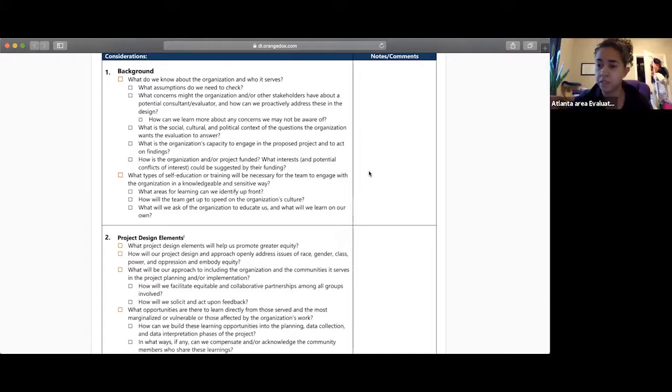Oh, that sounds really neat. Yeah, I think one of the highlights in these checklists is around engaging both communities that are being served and those that we're working with through this process. So that sounds like a really cool example of that.